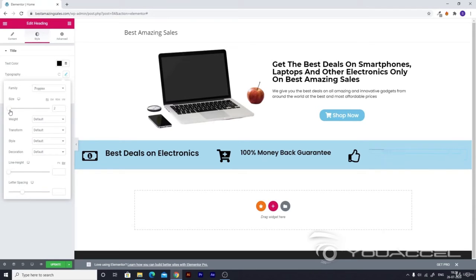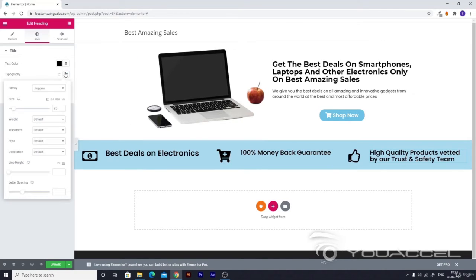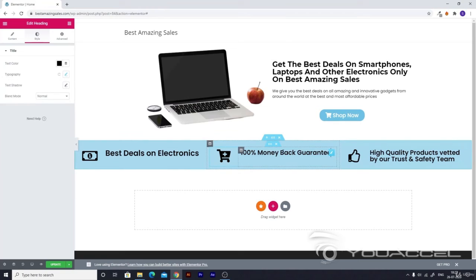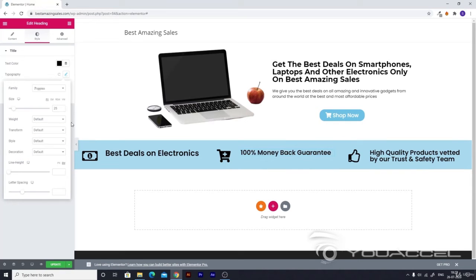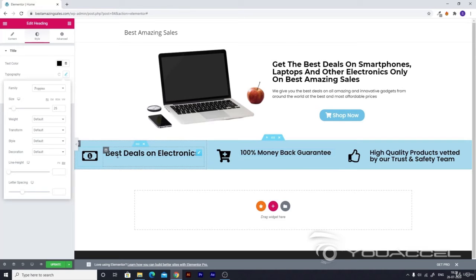And now we have chosen the font size, and it is around 25 for this. And let's make the text font size consistent, which would make it look much better. Now the best deals on electronics, we can go ahead and make this 25 also. And as you can see, all these three are now 25 in size, and you can see that here